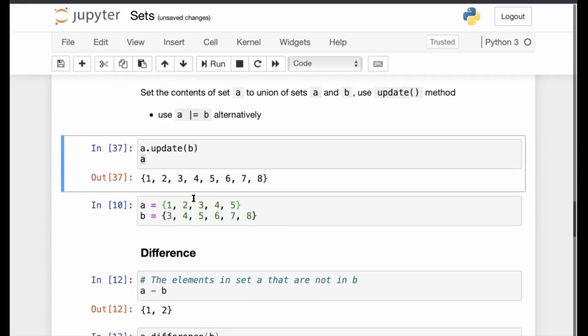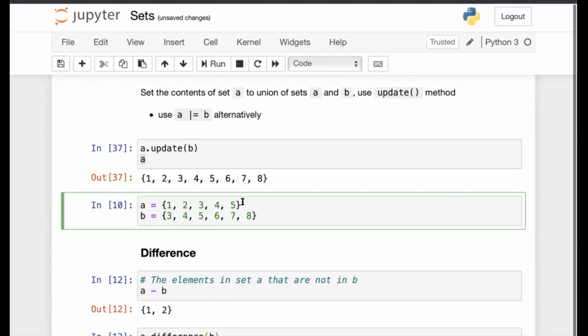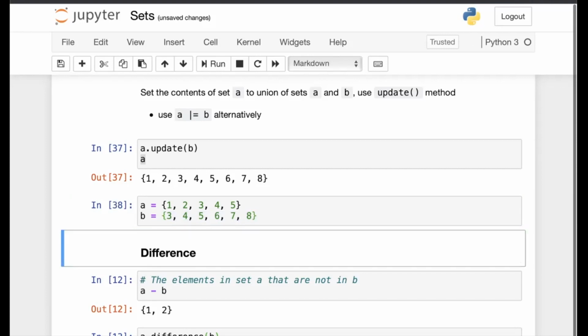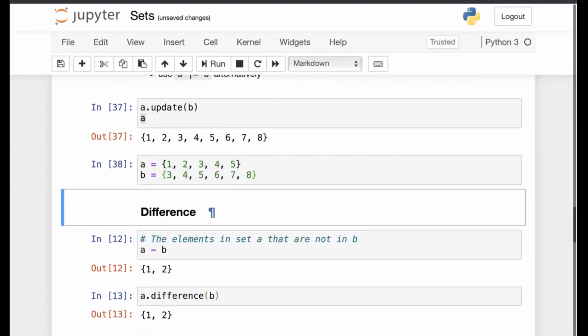For the next operation, again we set A to the previous values and again we set B to the previous values. Now, the next operation that we will consider is difference. Difference gives us the elements which are present in one set but not in the other.